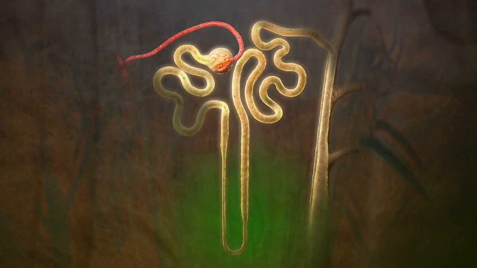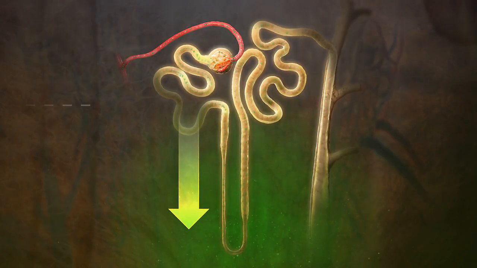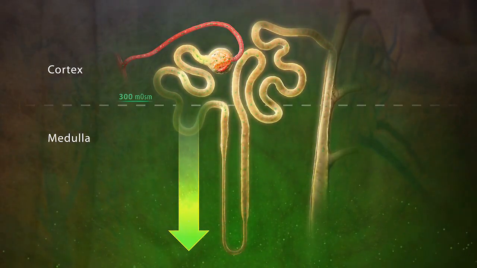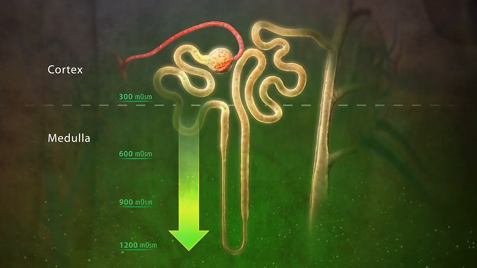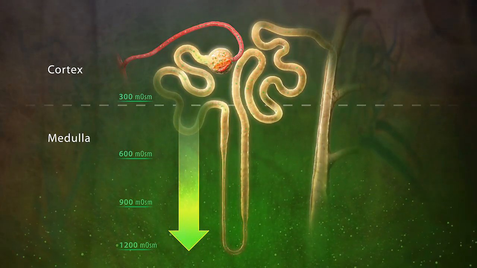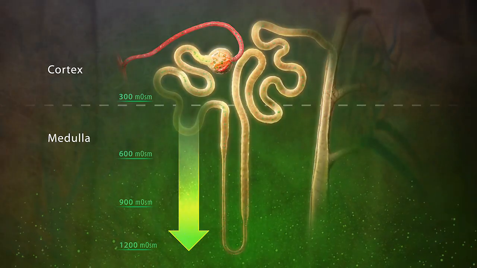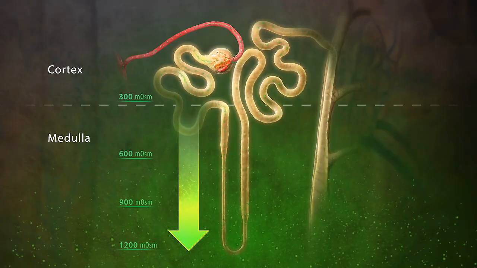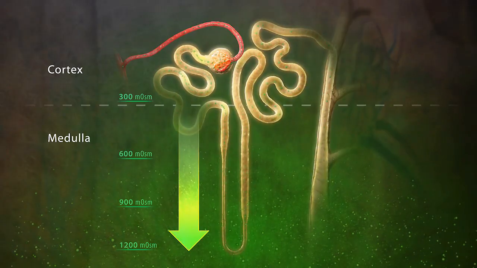As a result, a vertical osmotic gradient is established in the interstitial fluid due to the high concentration of ions deep in the medulla and gradually decreases toward the cortex to levels consistent with fluids in the rest of the body. The osmotic gradient in the interstitial fluid is measured in units of osmolarity, with larger numbers representing higher concentrations